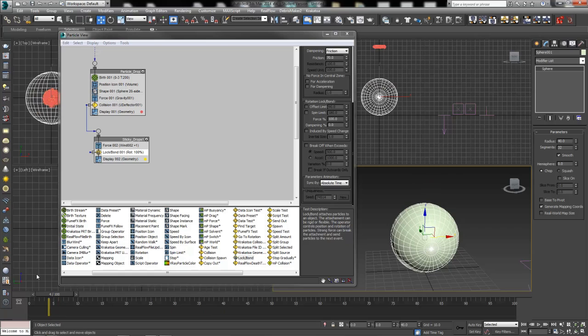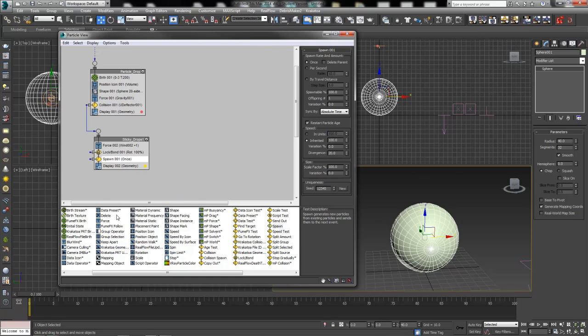We are going to go ahead and add some tails to these. We're going to do that by adding spawn. Now, every time we add a spawn test or a collision spawn test, just fair warning, I like to put this all the way back at frame 0, because if I do it all the way over here and add a spawn, before I make any settings changes to it, it is going to end up infinitely creating particles, and I can really crash my computer. So let's put this back to 0 and add our spawn test underneath here.